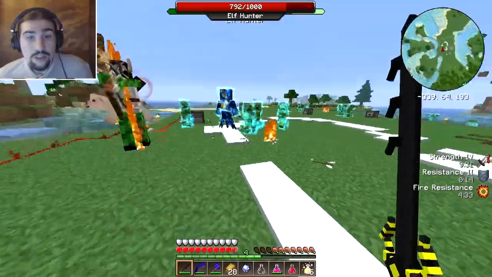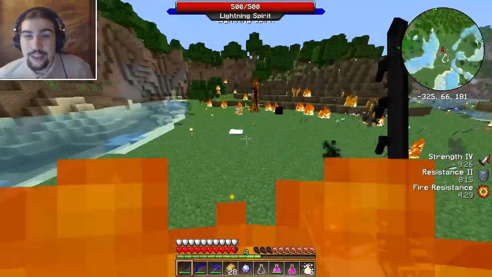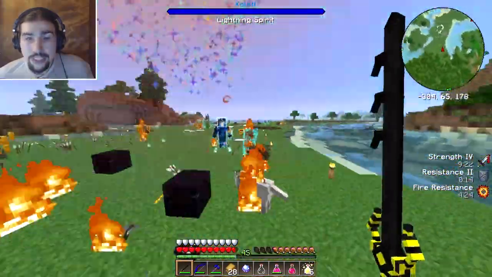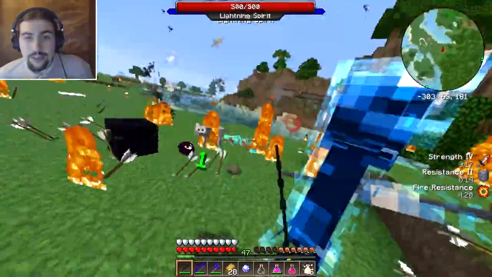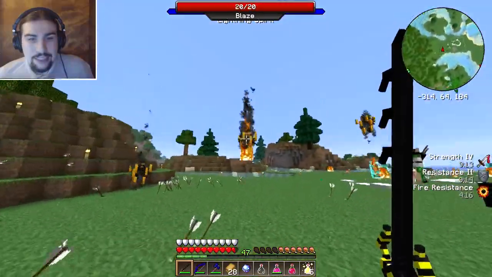Uh-oh. Uh-oh, the lightning spirit's on me. That's bad. And there's the Ender Lord. Okay. So now we just have a couple left. Oh no, no, no, no. I don't want to deal with, I guess how we should do this is,